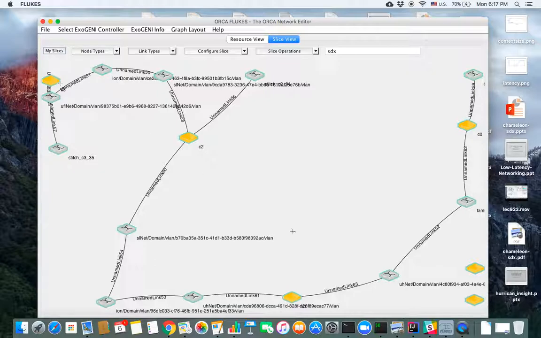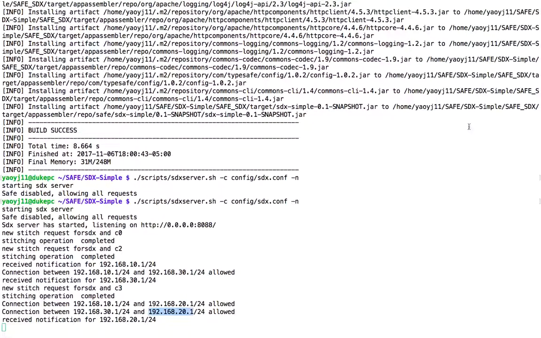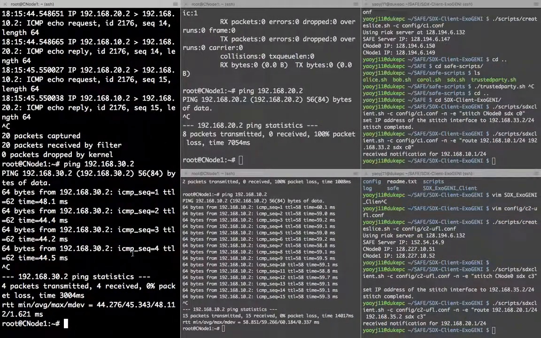So there are 1, 2, 3, 4 hops between the two customer SNICE, and there are 1, 2, 3 hops between C1 and C3. C3 is stitched to C2, and C0 is stitched to C1. Oh, sorry. So I think the TTL